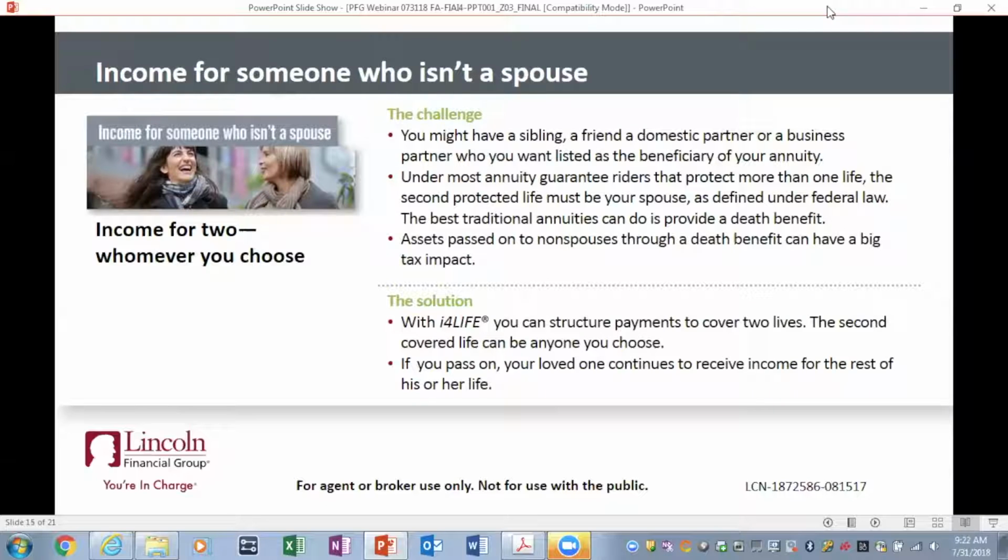So income for someone who isn't a spouse, I've talked about this a lot, but you might have a sibling, a friend, domestic partner, a business partner you want listed as the beneficiary of your annuity. Under most annuity guarantee riders, they're only going to utilize one life. So think about those buy-sell agreements that you have for life insurance. How are you funding those? Well, you know what? Oftentimes we take a look at a single premium immediate annuity to fund that life insurance